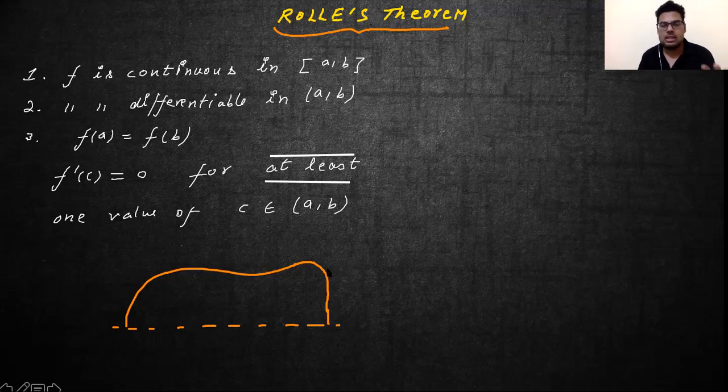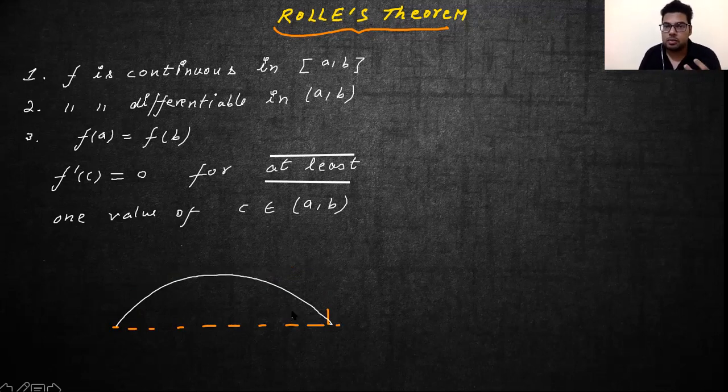For example, in this curve itself, when you are moving up or down, right? We are just taking one scenario. So let us try to take a very simple scenario where we have just this function. In this case, when you are moving up and then you are moving down, since the function is differentiable, the curve has to be smooth, right? So if the curve is smooth and it is moving from here to here, it will have the tangent which will be parallel to the x-axis for sure. Now this is happening for at least one time. This is what the theorem says, which is absolutely true, because it can be for more than one time.